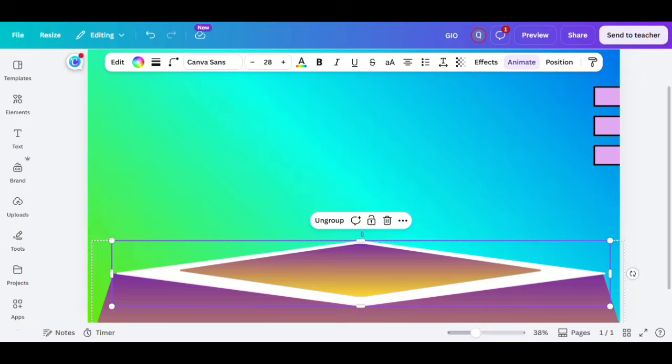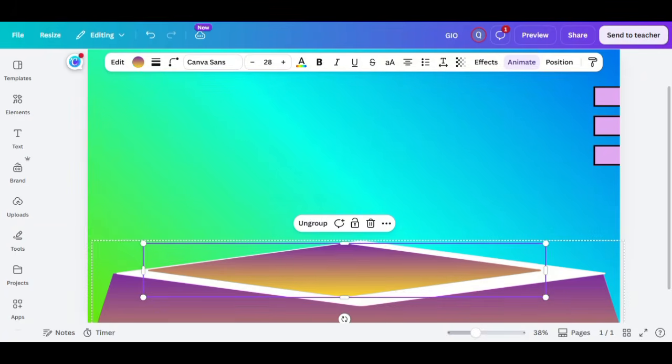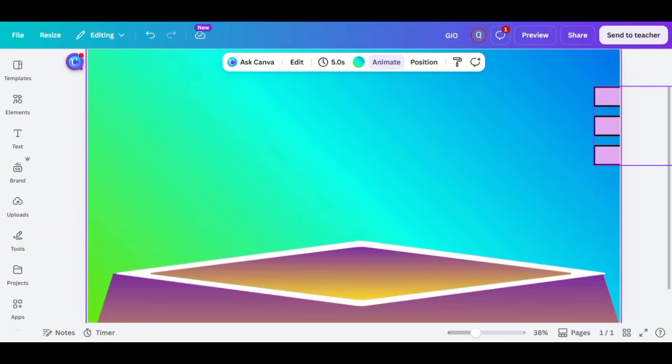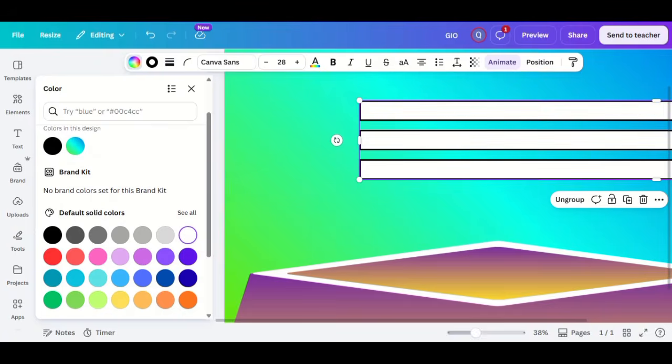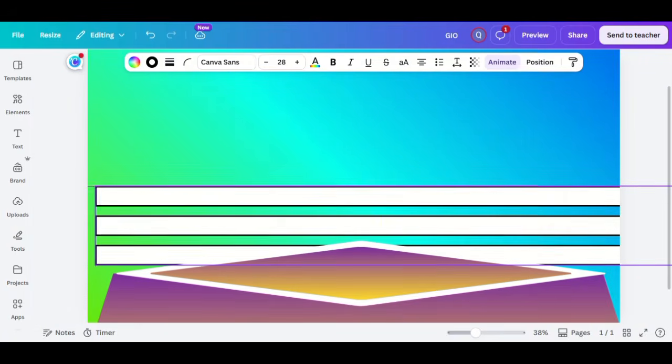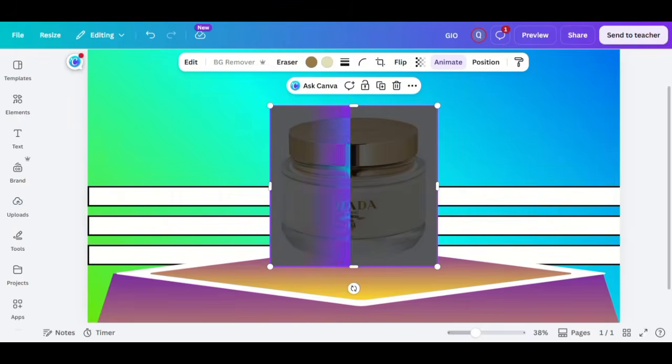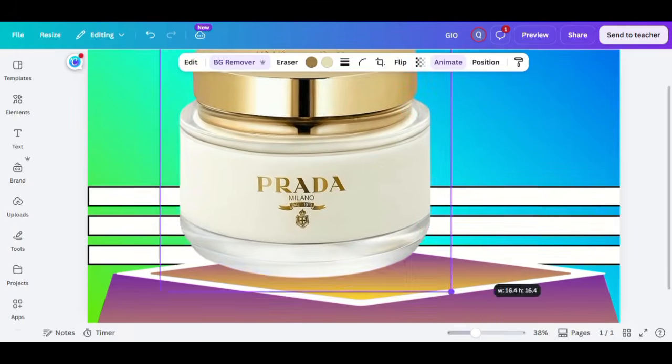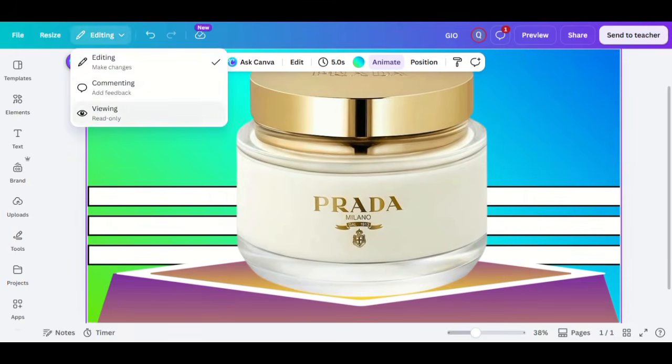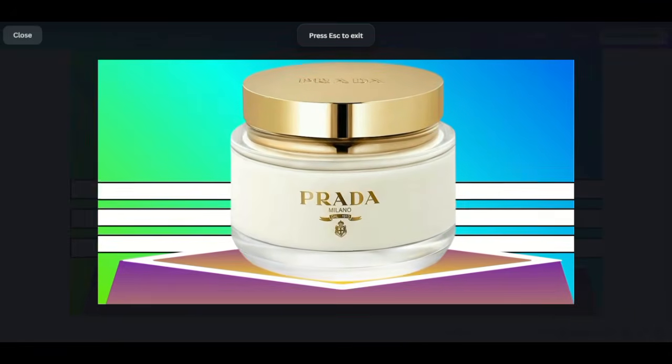Once the template opens, upload your perfume bottle image by clicking on Uploads. Drag the image into the design and place it in a prominent position. If possible, use a professional product photo with a clean background to create a luxury appearance. Next, click on the